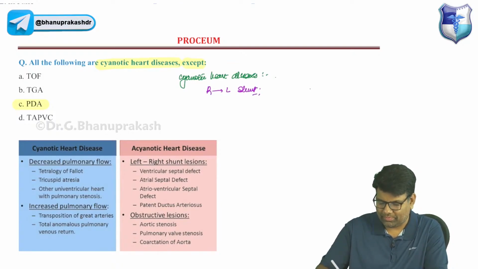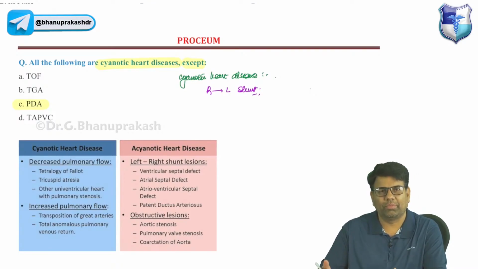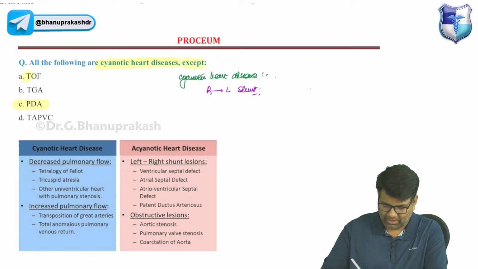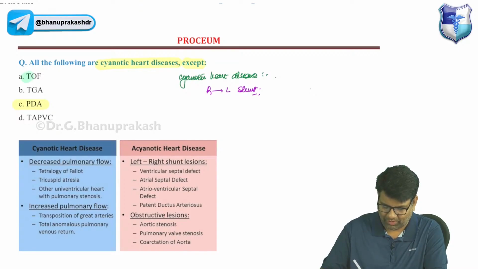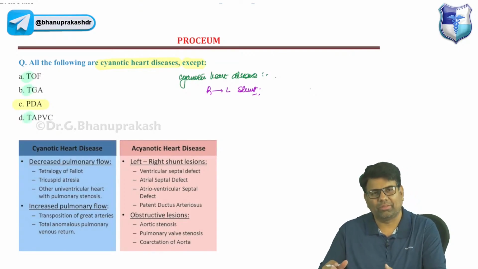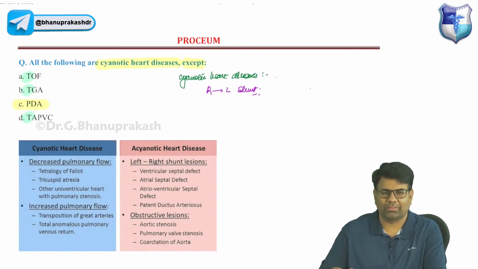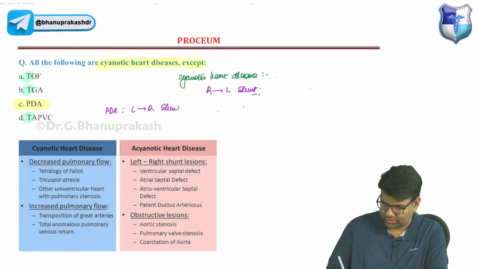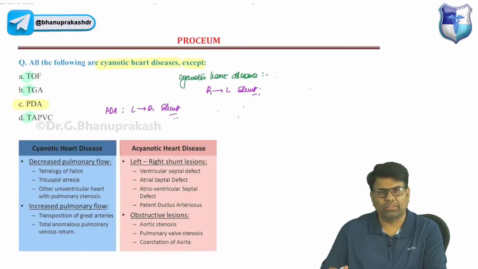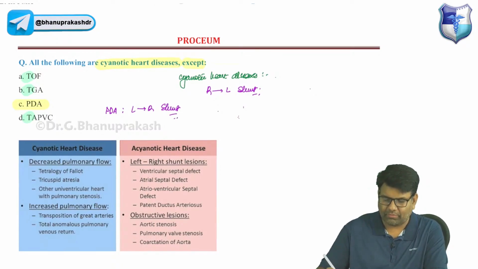So a very easy way to remember, like if you see any condition, if it is starting with the C, this is just for help, not the perfect rule. So that way you can think like it might be a cyanotic heart disease. Now in PDA, initially it is left to right. So initially it is left to right shunt, but if it